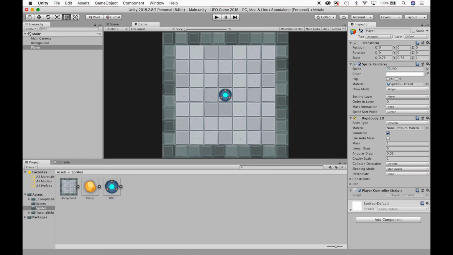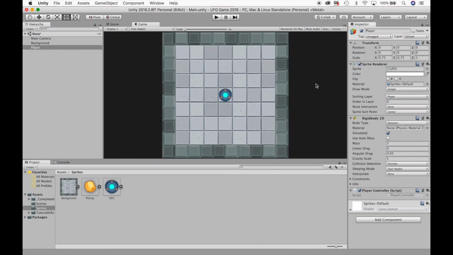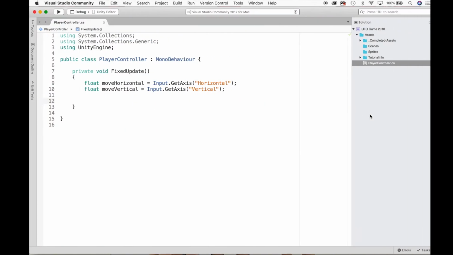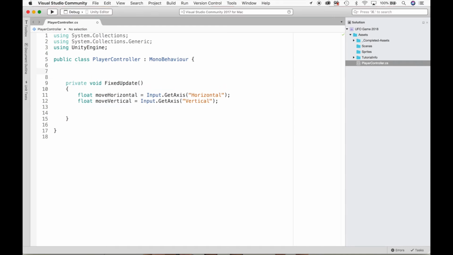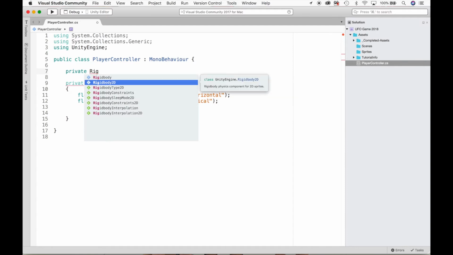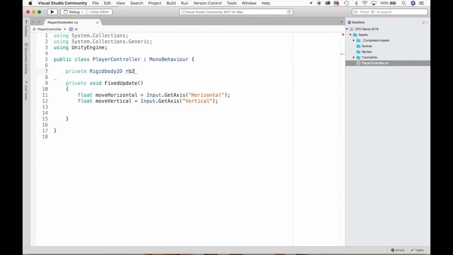Player selected, player selected. This guy belongs to player. What I need to do is I need to say, okay, this Rigidbody 2D, I need to give it a name here. So I know over here it's simply called Rigidbody 2D. The name of this thing is called player, but I need to somehow refer to it here in code. So what I'll do is at the very top, over here, let me press enter a couple of times. I'll type in private Rigidbody2D,